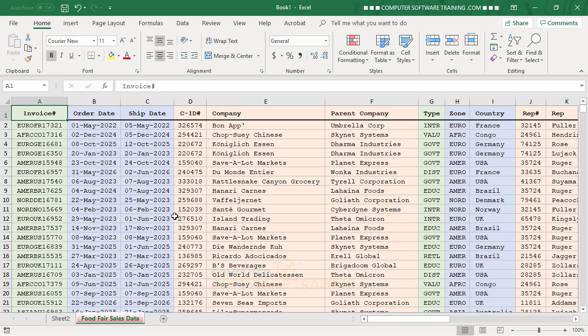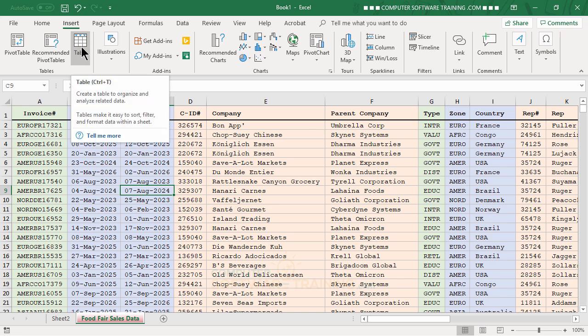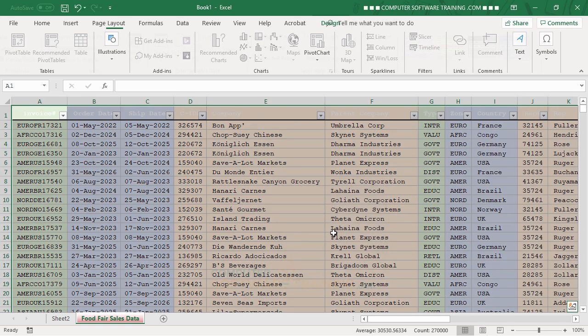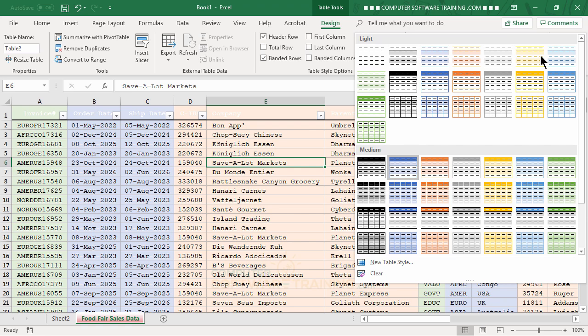So what I'm going to do is go anywhere in your database list that we've been working with, and then we go back into Insert, and we click on the table this time, see? So you click on the table, and all you have to do really here is just hit OK, and that's it. So now the whole thing converts over. It's a table now, so it gives you the ability of applying different styles to this. So if you want to go with some different colors,